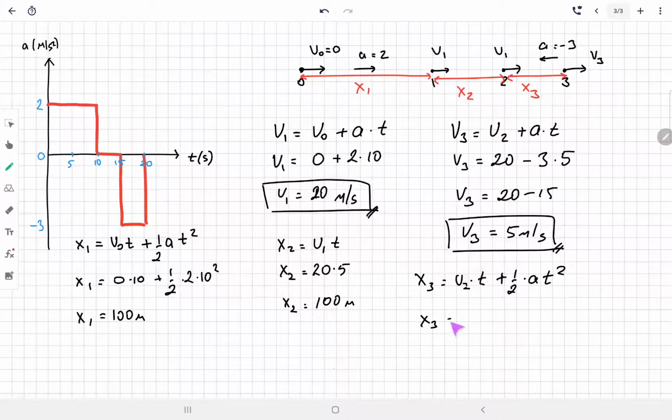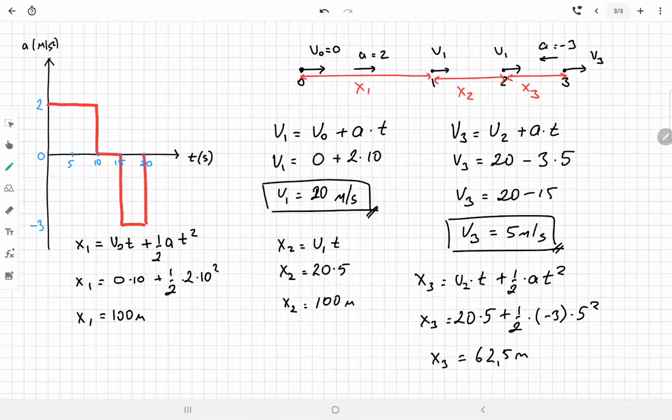So x3 equal to velocity at point 2 equal to v1, which is 20. Time between 2 and 3, it's 5 seconds again, plus 1 over 2 acceleration here, negative 3. Time is 5 square. So x3 here, 20 times 5 minus 25 times 3 divided by 2,